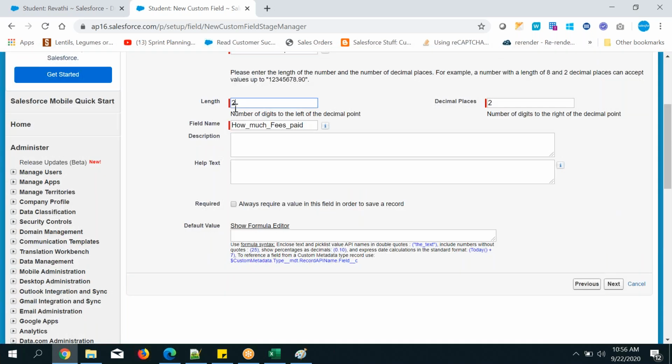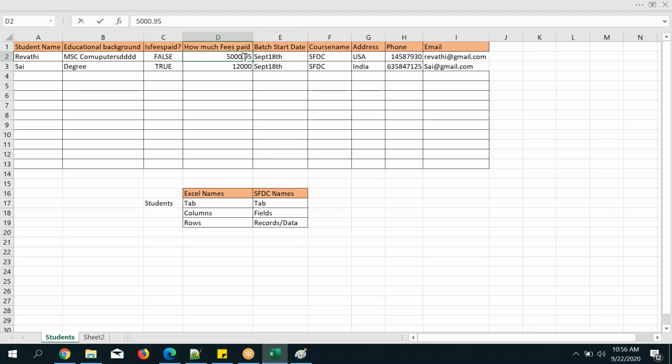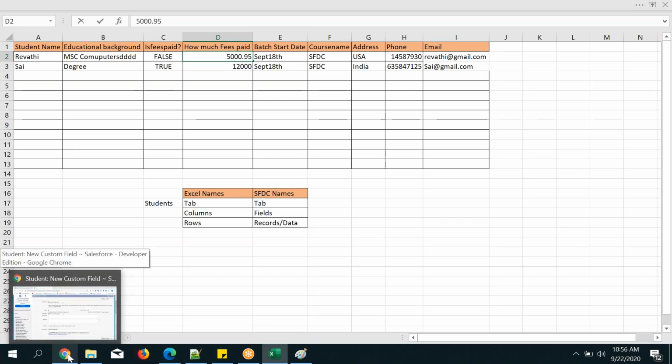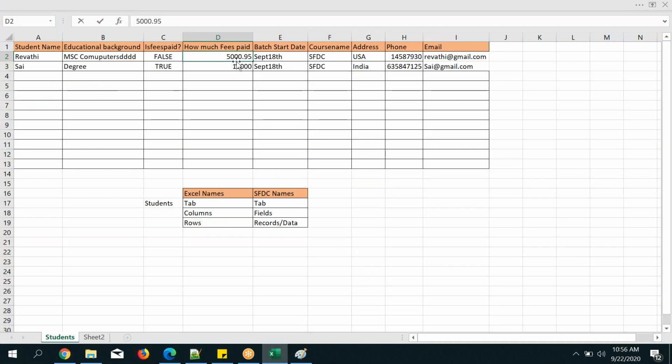And if you want to add only 2, no problem. If you want to add 5, you can add. If you add 5 here plus 2 here, total is 7. So what is your fees generally? 16,000 around like that, right? So I can use 4 plus 2, 5 plus 2, 7 I can give. So 5 plus 2, 7, that is enough. Think in that way. If it is 16, it means 5 plus 2. More than that, I can't.